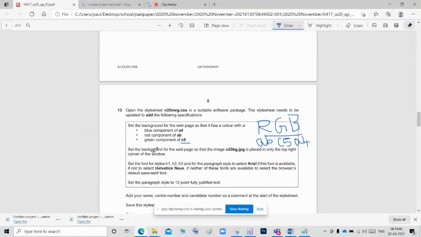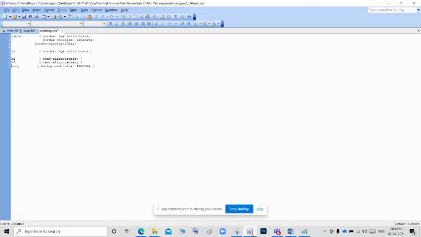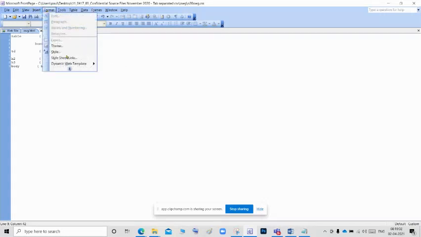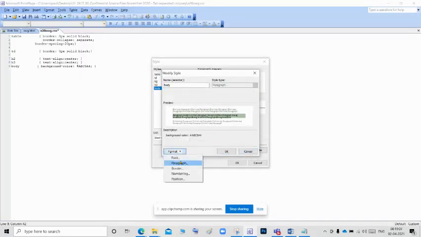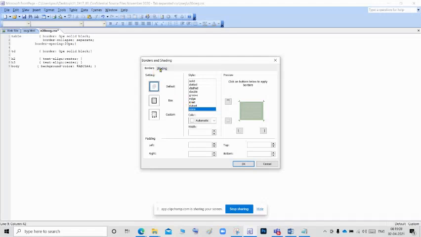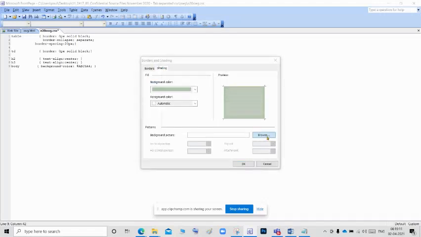Background color. Next, set the background of the web page so that the image N20BJ is placed only in the top right corner of the window. So we want to insert the background image. So in this, after the background color, semicolon, go to the format, style, body, modify, border, shading, background picture.